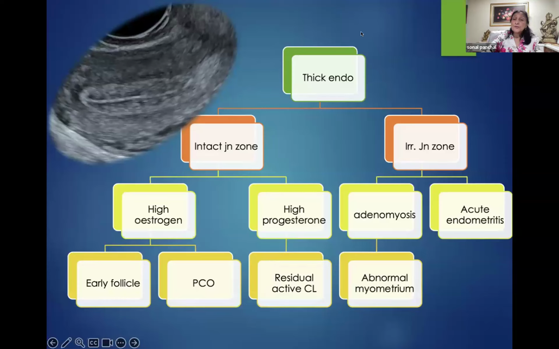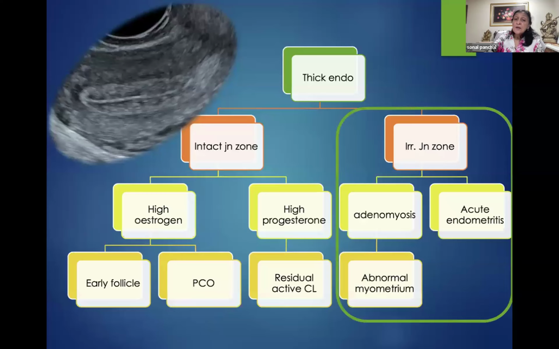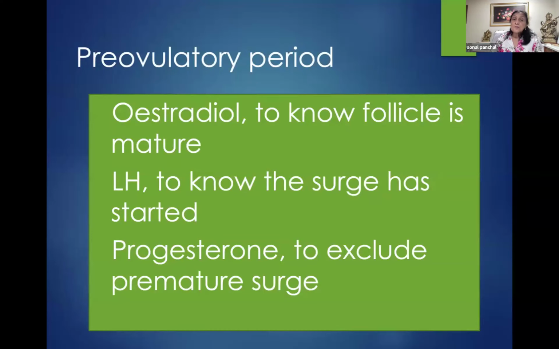But remember, if on the baseline scan you have a thickened endometrium and the junctional zone is irregular, you must think about acute endometritis. Rarely, it may be adenomyosis, especially in those cases where the junctional zone is not at all clear. And that is where mistakes may occur. The myometrium may completely merge with the endometrium, and a wrong assessment of the endometrial thickness is possible. Coming to the pre-ovulatory period,